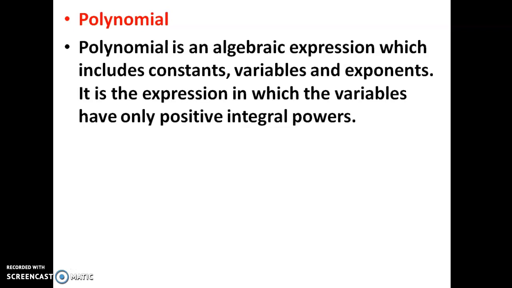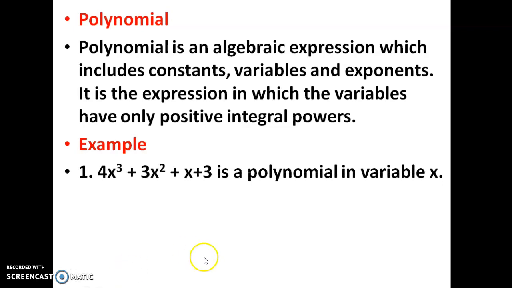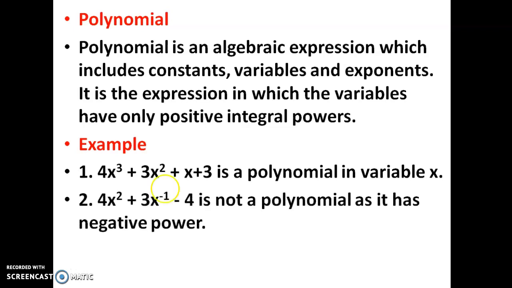So in algebra, polynomial is a very common term. It is the name given for the expression. So this is a polynomial with a variable x. What all will it have? It will have constants, variables and exponents. They are connected as terms. These are individually called terms, and they have a plus or minus sign in between. So this is a polynomial example.